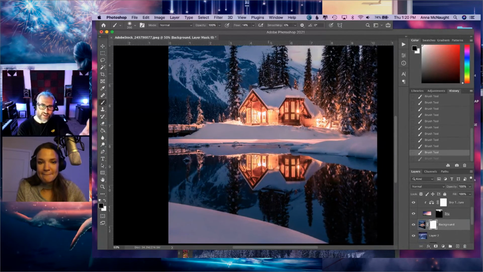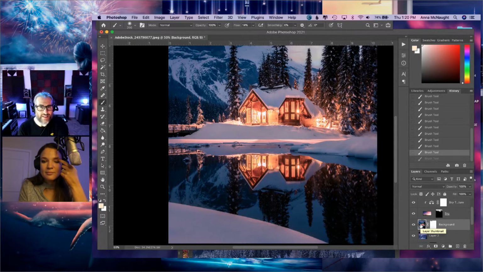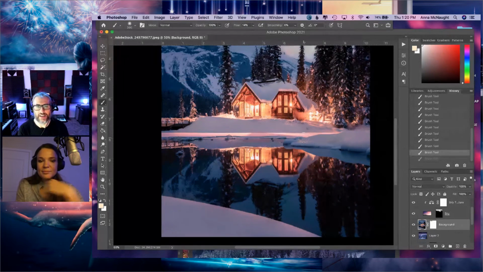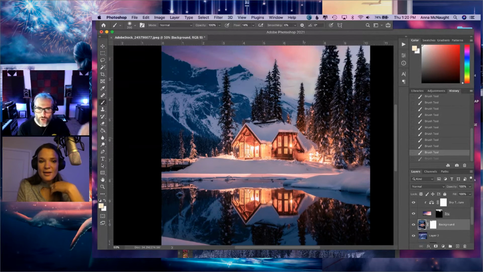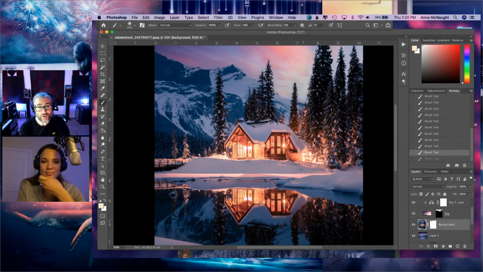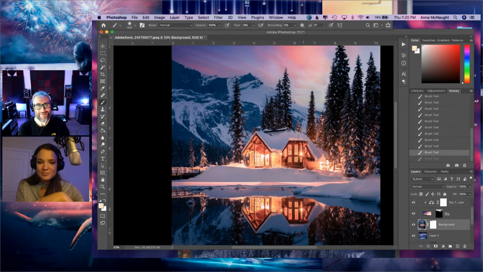So again, using the same kind of paint technique that Anna showed you, and you can do this on different layers and there's different ways to do it, but you can paint in some of what would be the color of the sky reflecting in that water. Yeah. And in this case, because it is kind of a night scene anyway, it wouldn't be quite as dramatic. But yes, you would see some of those magenta and yellowish, reddish hues, obviously cascading into the water there. So that can all be done after the fact. But again, and as you showed yesterday, there are several different ways that you can also manually simulate those reflections too.